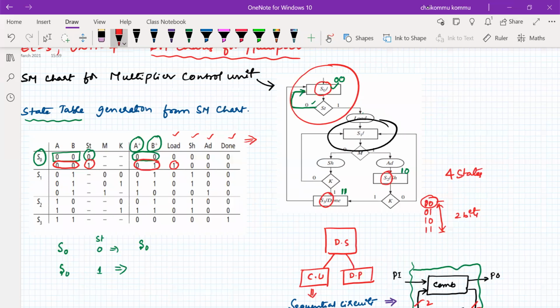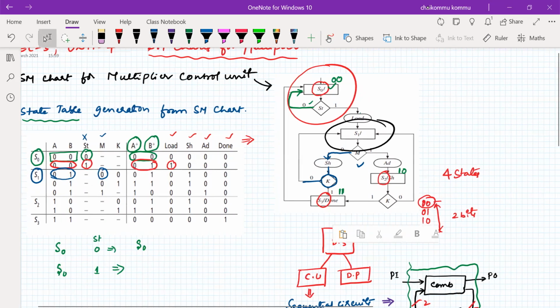So for example, if you are in S0 state, sorry, S1 state, there are different possibilities that we can see, but the possibilities are based on the M signal, right? It's depending upon M. So now if S1 is equal to 0 1 state, no need to consider ST, and we have to consider the M signal. So if M is equal to 0, the output SH must be 1, and we have to check again the K value. Again we need to check the K value, and if the K value is equal to 0.